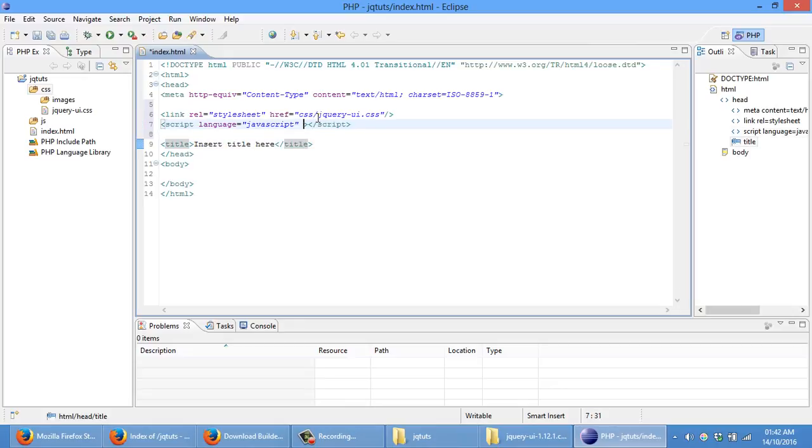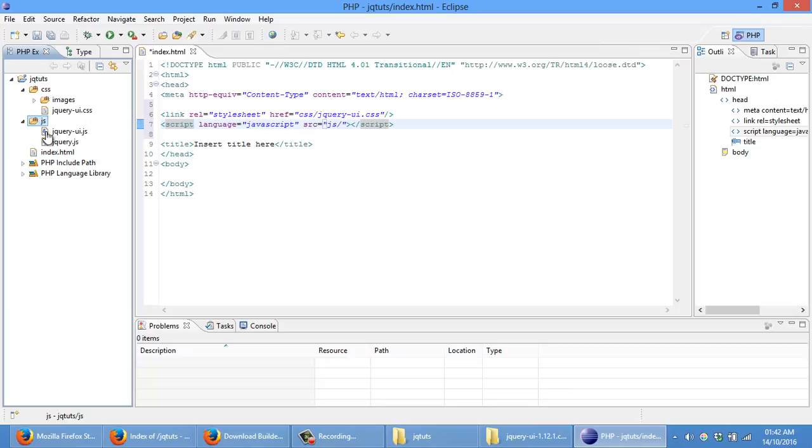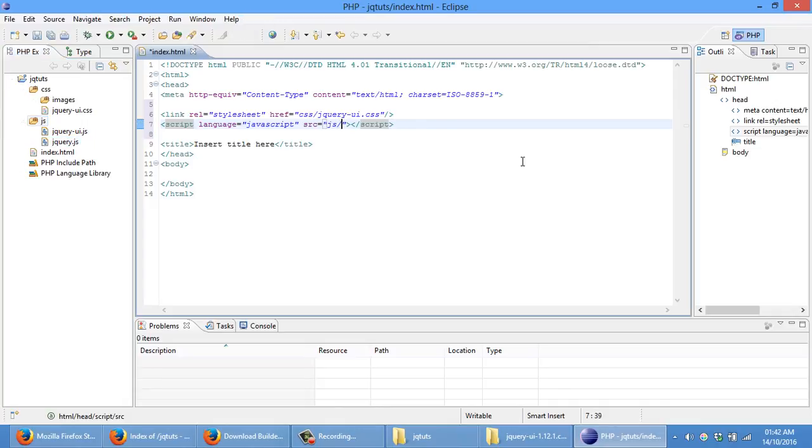And I will give src equals js slash, let me show you the files which are there in those folders, which is jQuery UI and then jQuery. So first you need to tell the page about jQuery,